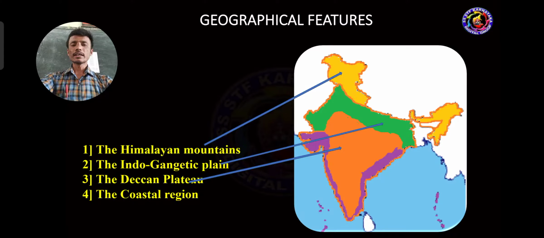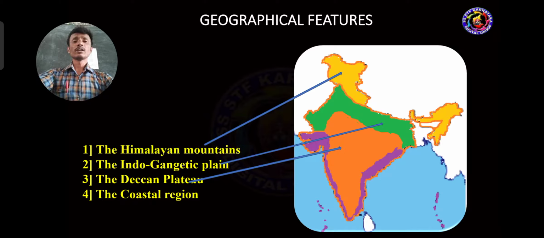Dear students, in the last session we gathered detailed information about the meaning of peninsula, and India being considered a subcontinent. The Indian coastline consists of 6,100 kilometers and the Indian land border consists of 15,200 kilometers. And in this session we are going to discuss the geographical features of India.